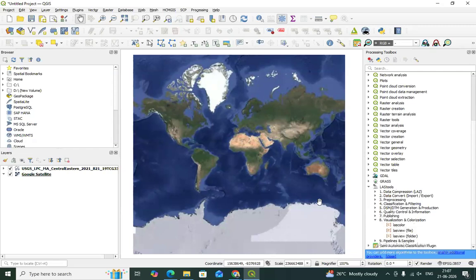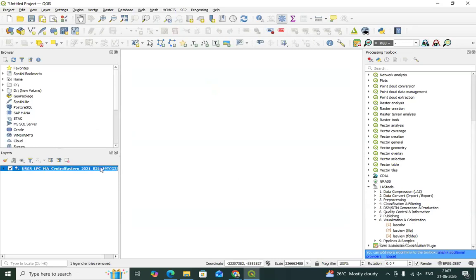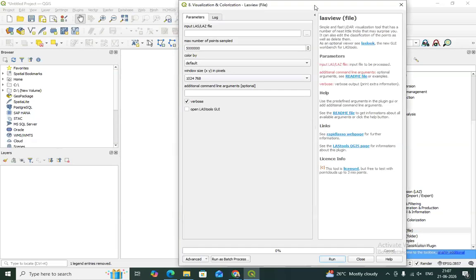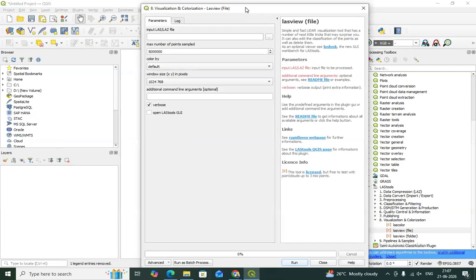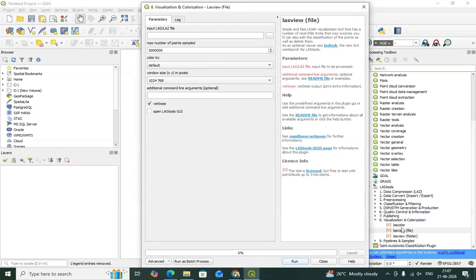Under LASTools, you go to visualization and colorization. Under this, you will find LASView file. So let's double click on that option and one window will pop up.